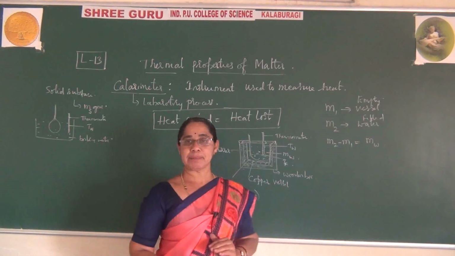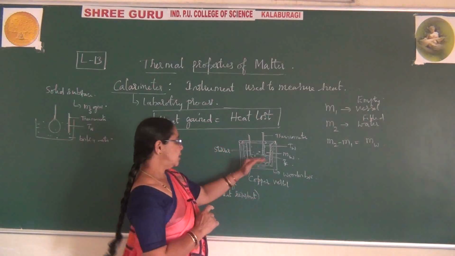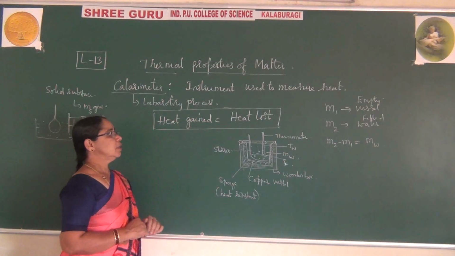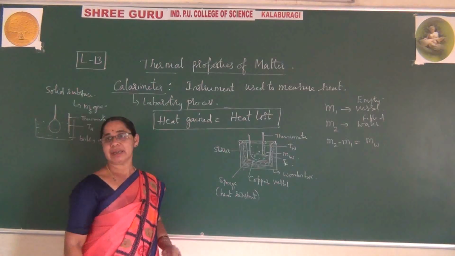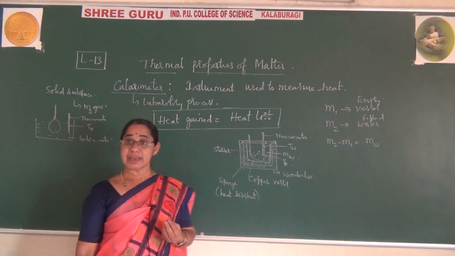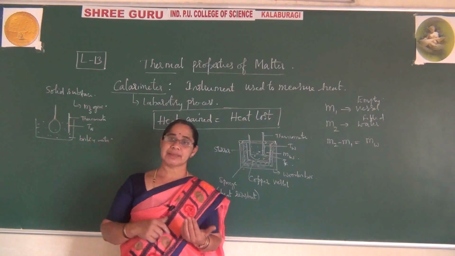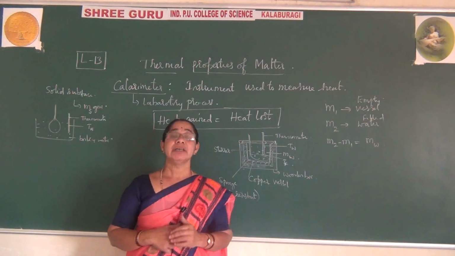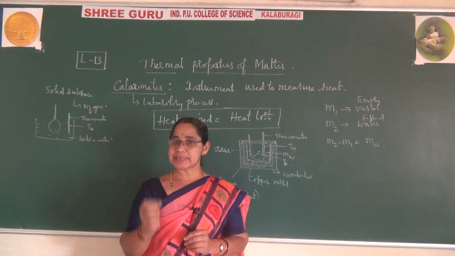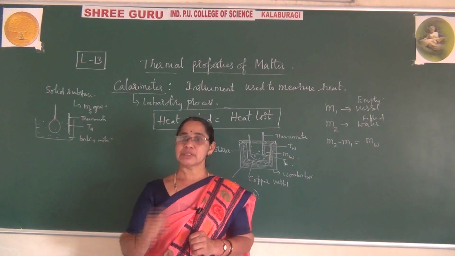Once this process completes, now let me tell you how to write the equation for this, because these are the steps to be followed. Now let me take this concept. Using this concept I have written the mathematical equation. What is the first one? Heat gained. Here the solid substance has already gained heat by being put in the hot water bath. So we write that as heat gain, the quantity of heat gained by that solid substance. You know, quantity of heat is represented by Q. So let me write the quantity of heat gained by the solid substance.